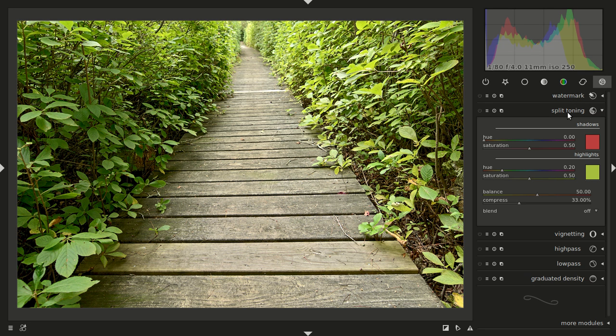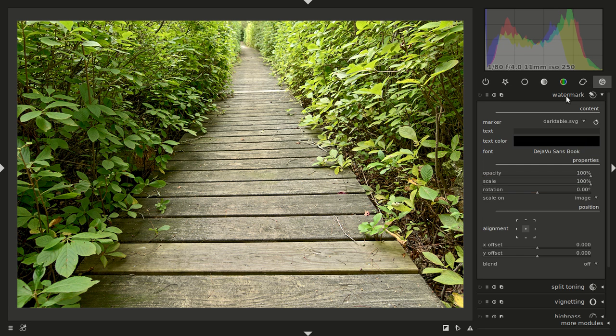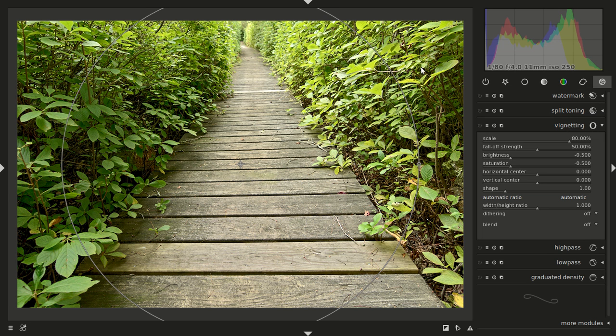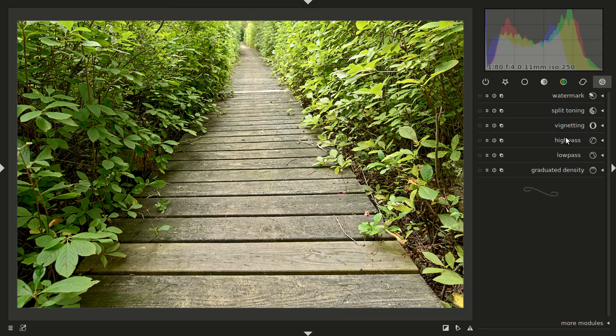Split toning is starting to become popular. Sorry, we'll go into the creative group here. Oh, the effects group. You can apply a watermark if you've got one. I don't. You can apply a vignette if you want to. I don't. High pass and low pass filters I can go into at some point if you guys are interested. Just let me know. And graduated density is almost redundant, because most of the time you're going to use it to make a graduated